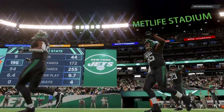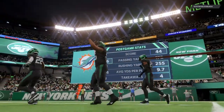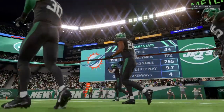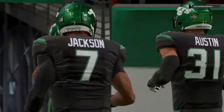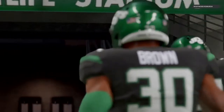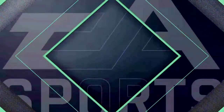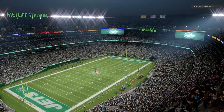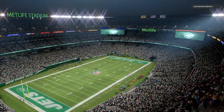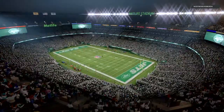So for the Jets, they use the favorable early schedule to their advantage as they move to 2-0. And now they'll get the weekend off as they get a little extra time to prepare to face the Buffalo Bills. Meanwhile, for Miami, they'll fall to 1-1. And they'll try again next week at home against New England. So for our entire crew...